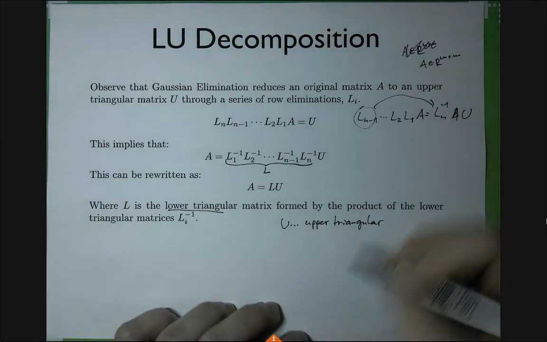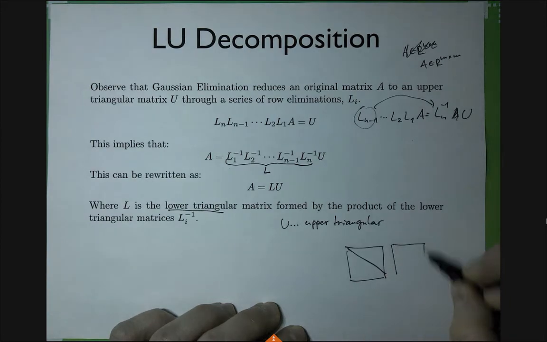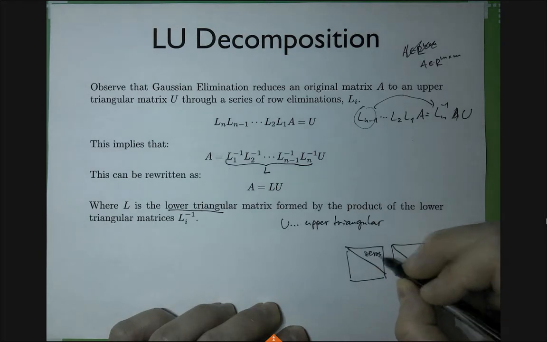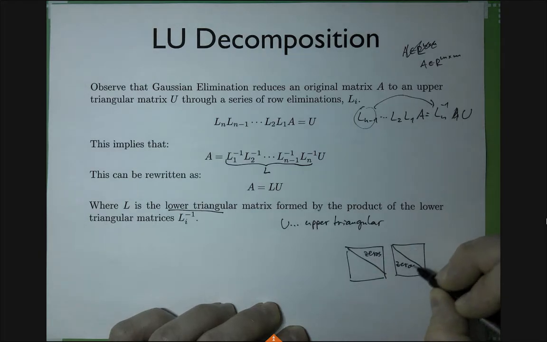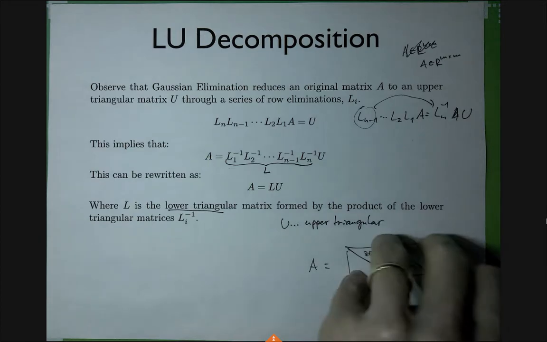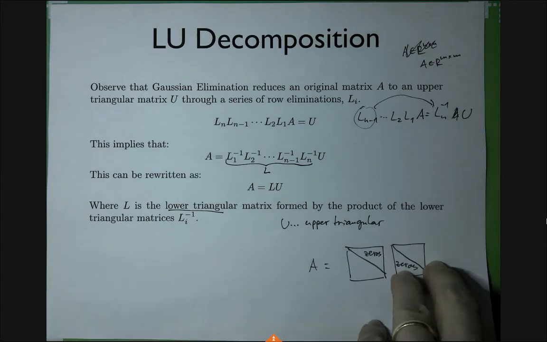Okay, so if you want it graphically, it looks like this. This lower triangle, upper triangle. So lower means that here are zeros. This means that there are zeros here. My A is this. Okay, let's take a look at our favorite example. Everybody got this? No questions? Oh, that's good.